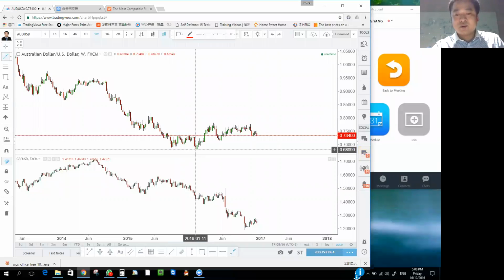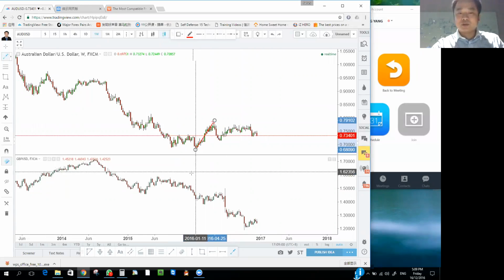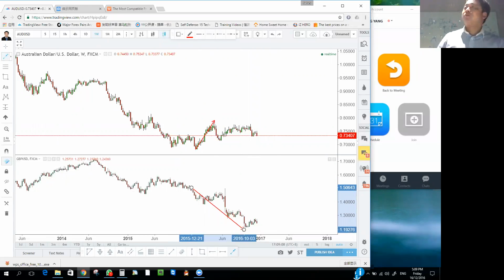Okay. Aussie from 0.68 to 0.79. What does sterling do? Sterling falls. So this is an abnormal scenario. The reason is the pre-exit. However, in this kind of situation, Aussie will be more sensitive than sterling in terms of the yield, because Aussie is